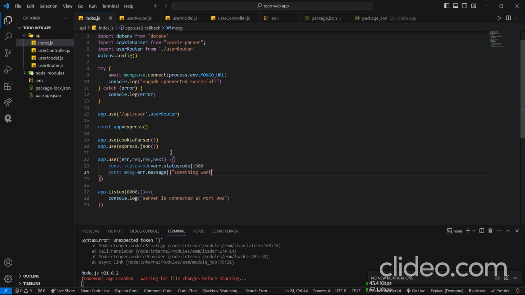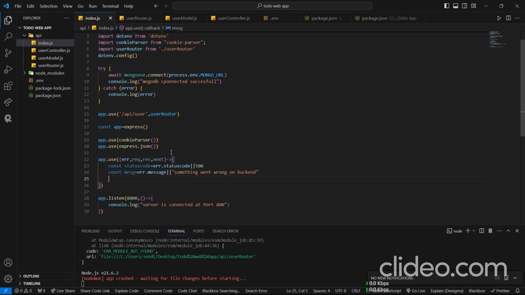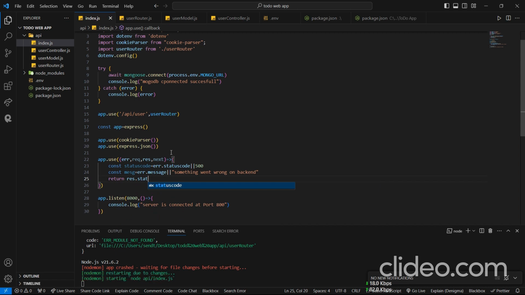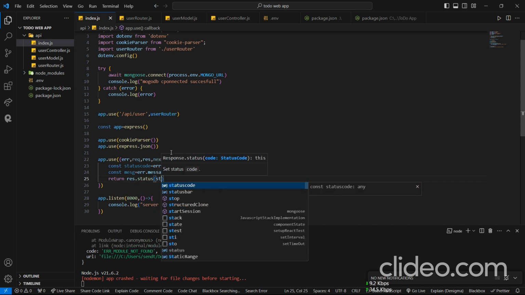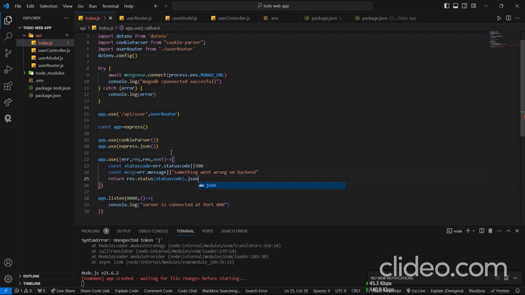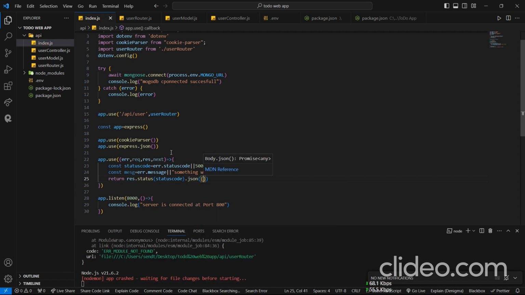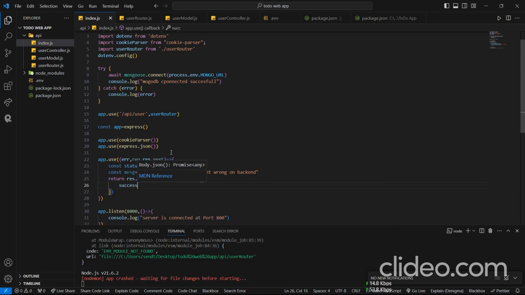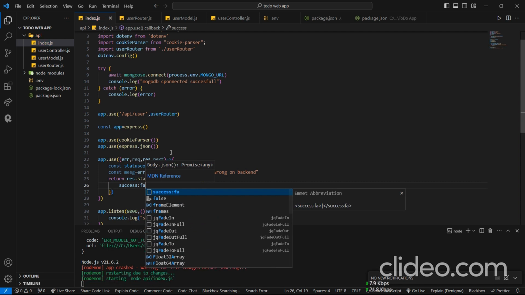and we will return from our app, return res dot status code dot json, success equal to false, status code and message. Okay,